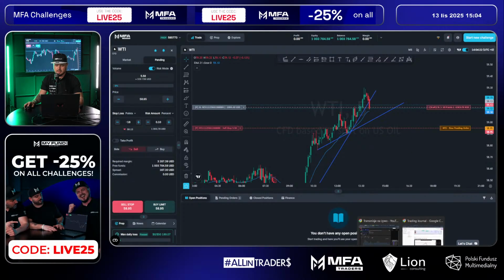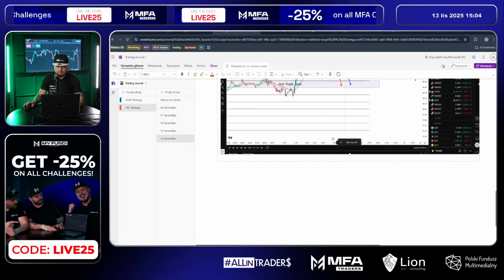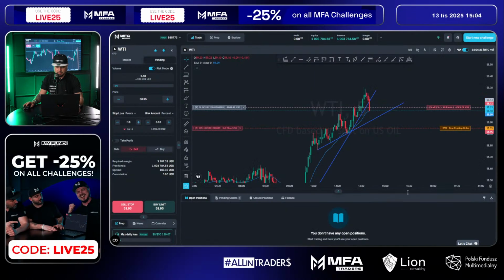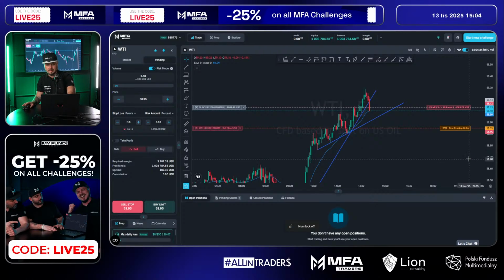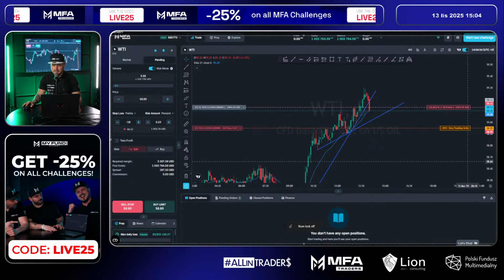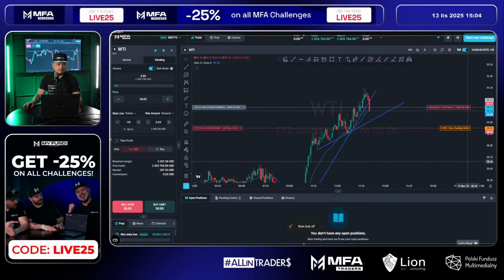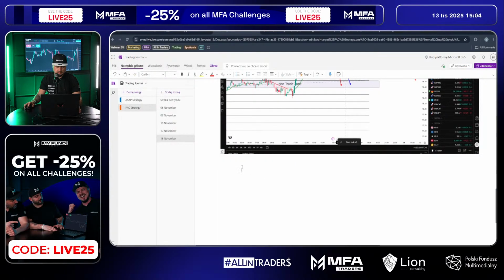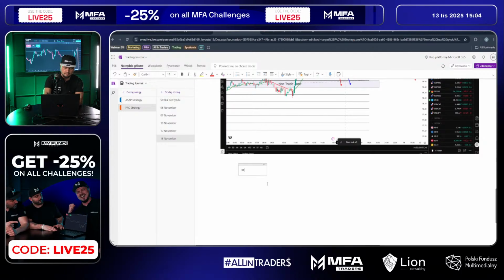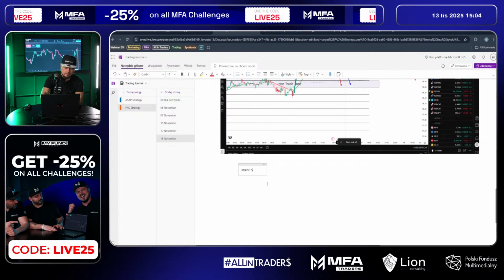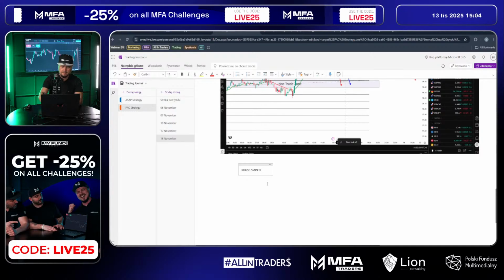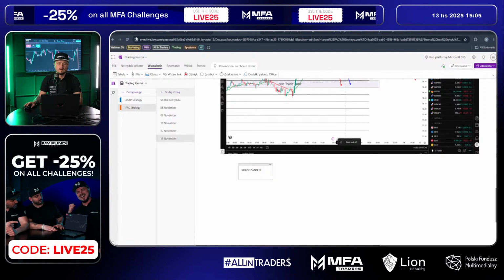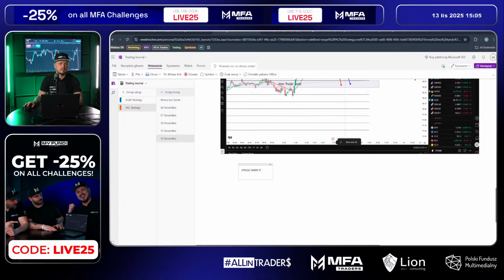What we got over here, we got plans. So let me just make a screenshot and put this trade into the journal as well, because the trade is open. Basically, it's not open yet, but it may open in a second. Save. Okay. Save. And we got 5 minutes time frame. Okay, this one here.